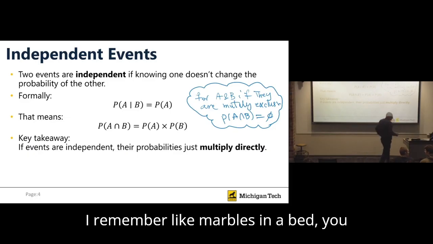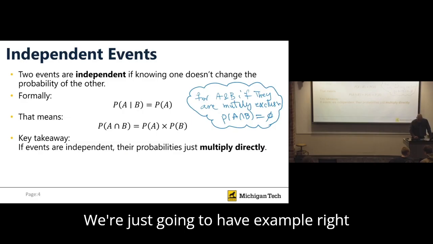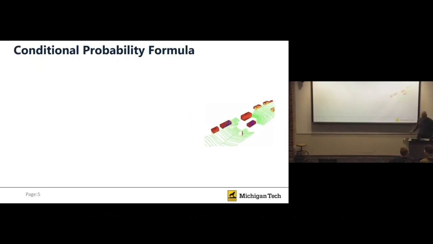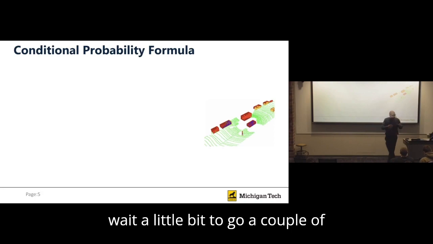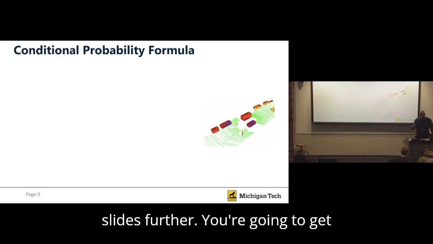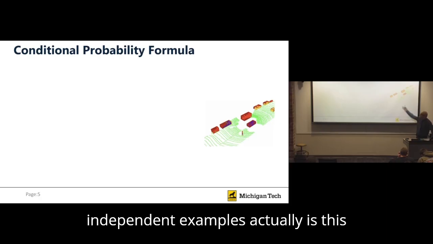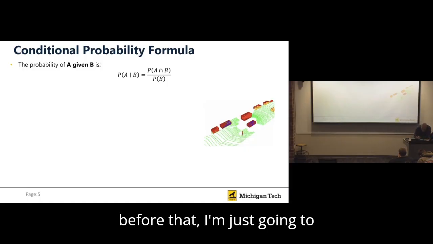Independent, for example, we can see them. Just wait a second. We're just going to have an example right now. This is one of the examples that we can see. I'm going to answer this question, but wait a little bit to go a couple of slides further. You're going to get answers. One of the independent examples actually is this example. You know, OK, before that, I'm just going to